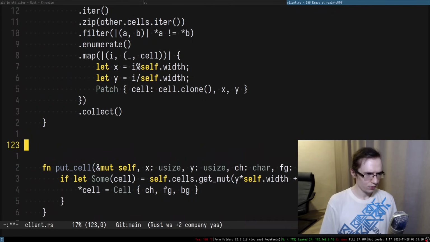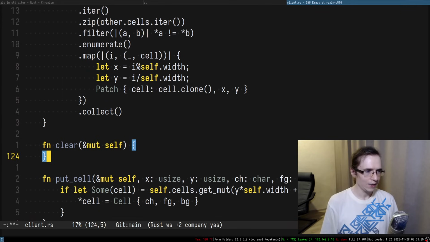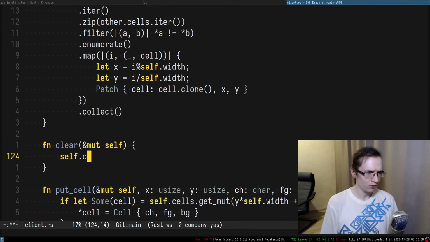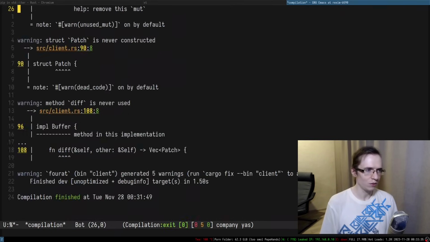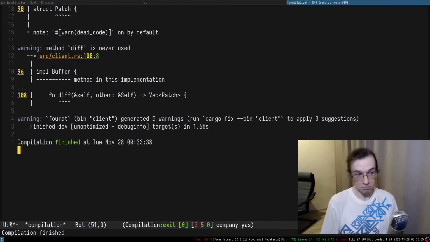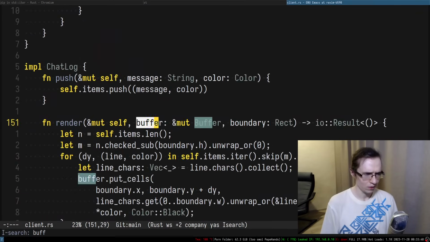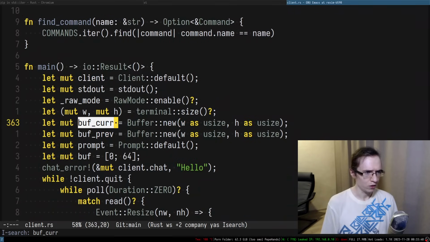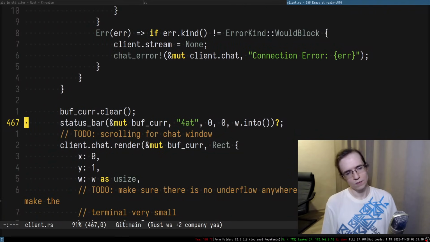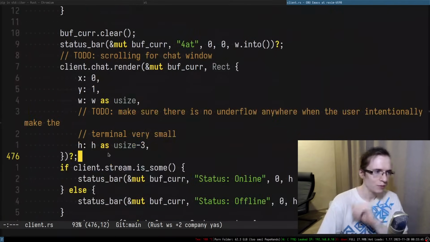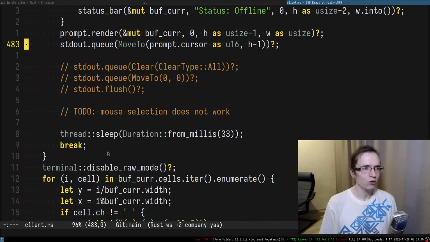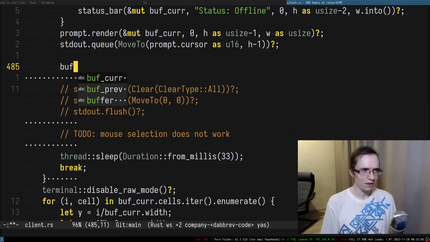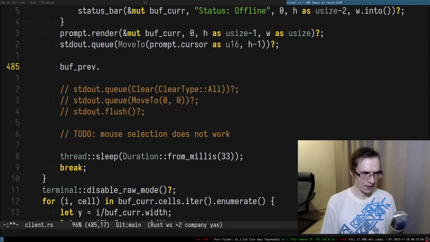so this is the fn clear. It's going to take mutable self, and can you just take cells and fill everything with cell space? Is that something that is feasible in Rust? It is, in fact. Buf.clear. It is actually feasible. So, okay, what we need to do now, we need to take the previous buffer and